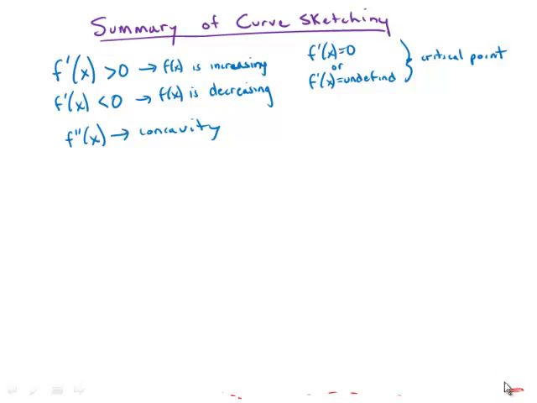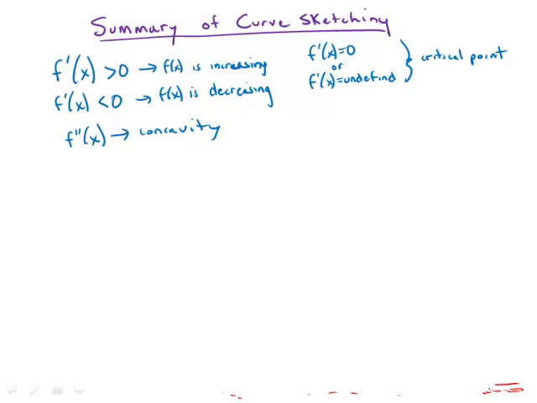This video summarizes the basic information that calculus tells us about the geometry of a function. When f of x and the derivative of f of x is positive, that means that f of x is increasing. When the derivative is negative, that means f of x is decreasing. And when the derivative is 0 or undefined, that means you have a critical point, which means it is a possible maximum or minimum. And you might use the first derivative test to determine whether it's a max or a